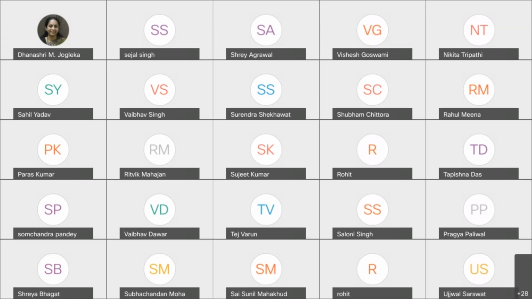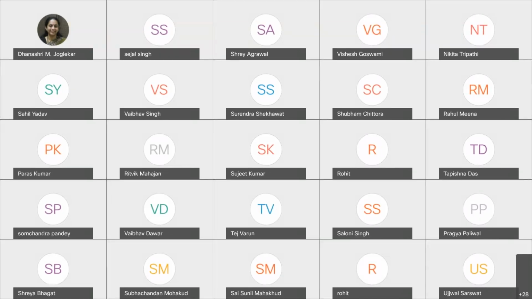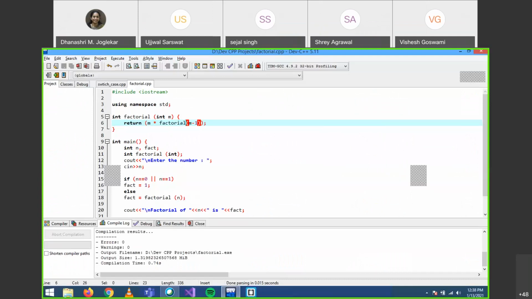Meanwhile, Ujjwal is sharing. There is one question which is asked. Variables cannot begin with uppercase letters, right? So we must write n instead of capital N. No, variables can begin with uppercase letters. Variables can begin with any letter which can be uppercase or lowercase, but it has to be any English letter starting from A to Z. It cannot begin with an underscore, and it cannot begin with a number, I suppose, but it has to have a letter. It can be capital, or it can be small as well.